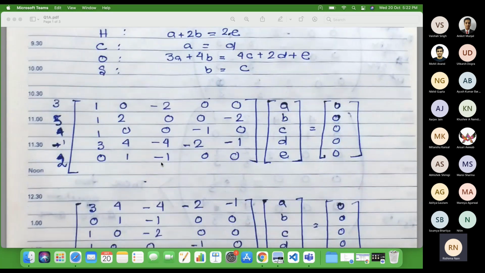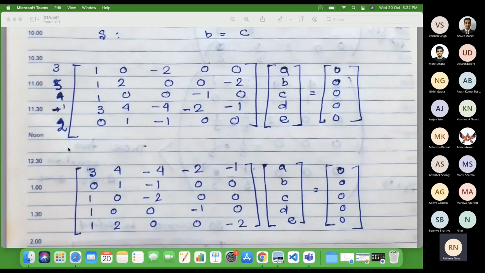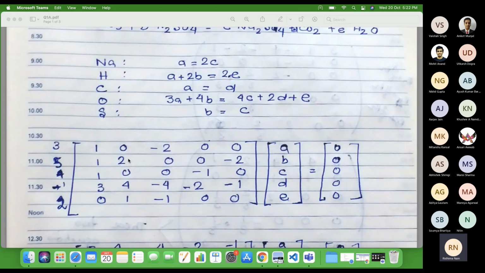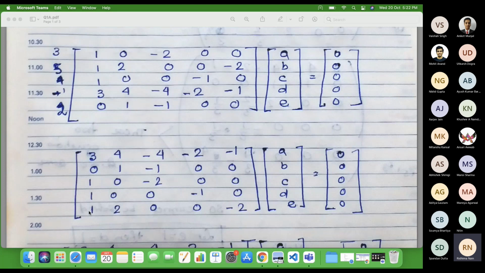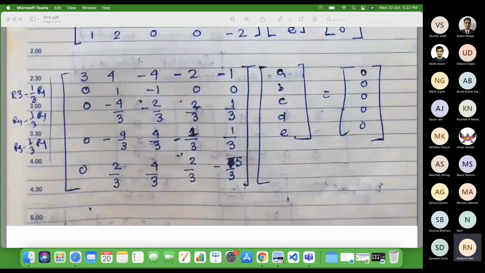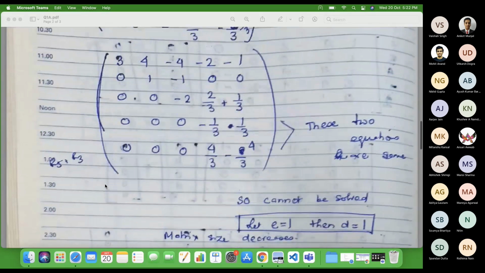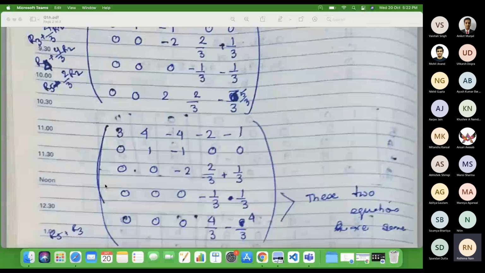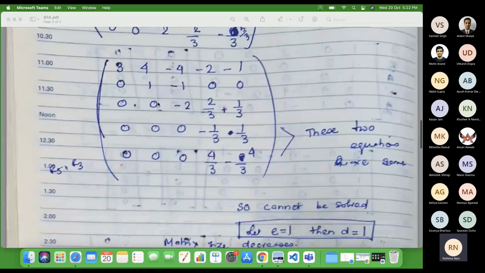Then you were supposed to do the pivoting, like this order is mentioned here. There could be any order, like you could have balanced the atoms in any order, but afterwards you were supposed to do the pivoting. So there were 2 marks for pivoting, and then for solving this and making the upper triangular matrix, there were 15 marks total. Since this was a big calculation question, 15 marks were allotted for the calculation. And then in the end,